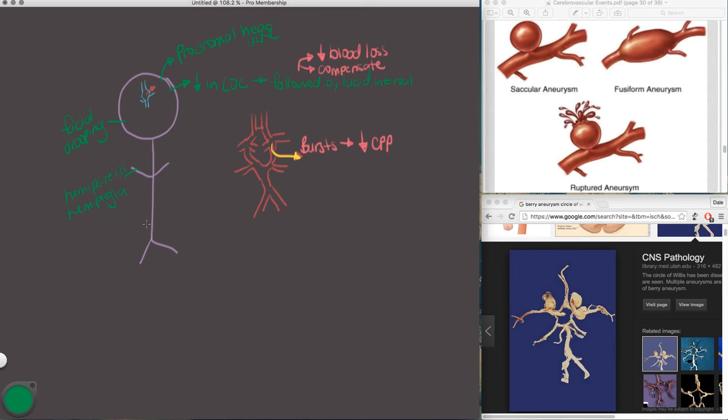We can have our impaired gait. We can have our dysarthria. And it's important to remember the mechanism that's causing these. So different than our ischemic stroke, where we have a blockage of the artery that supplies those areas of the